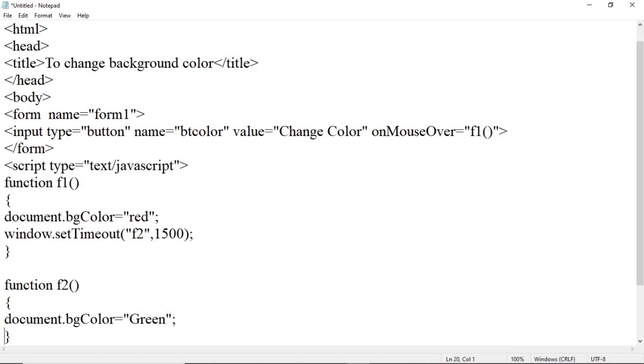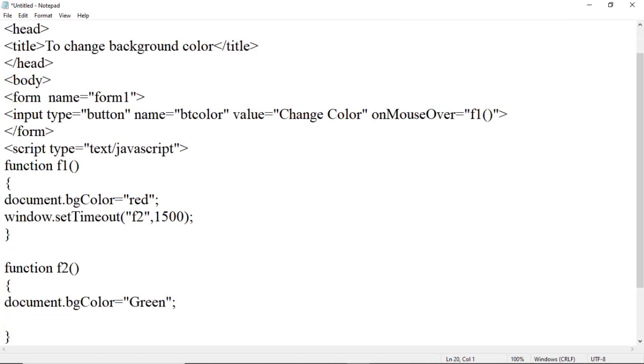Then again we can call another function from this function, window.setTimeout, in brackets specify a name of another function, suppose f3, and then specify a number of milliseconds, suppose 1500.